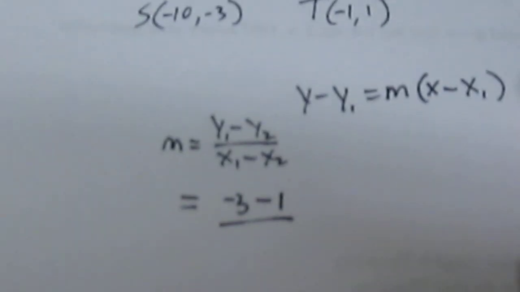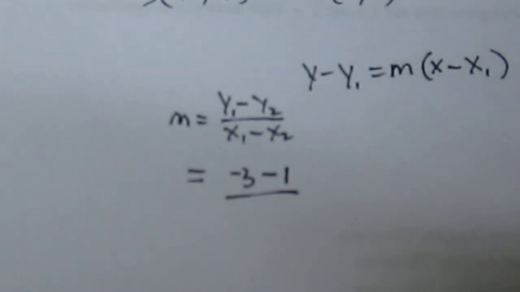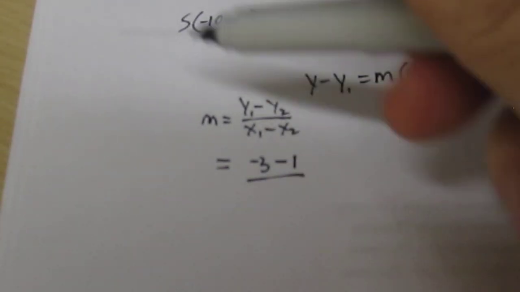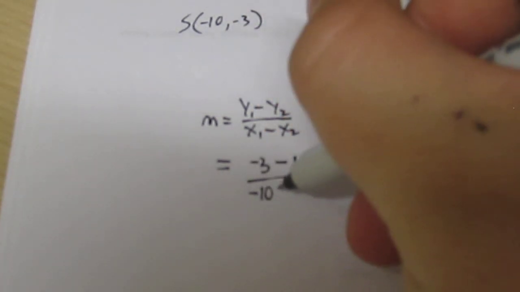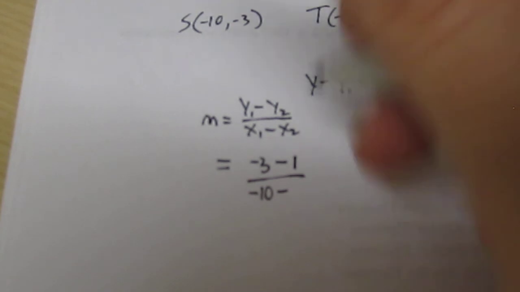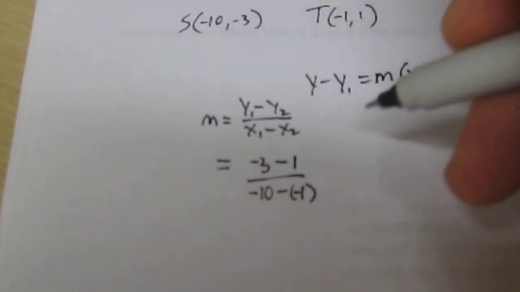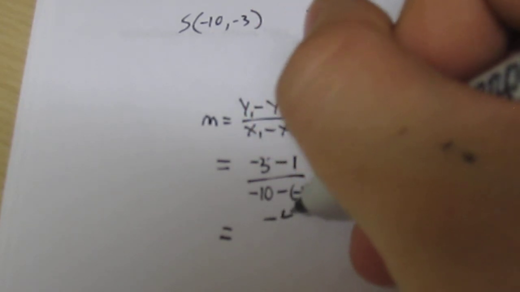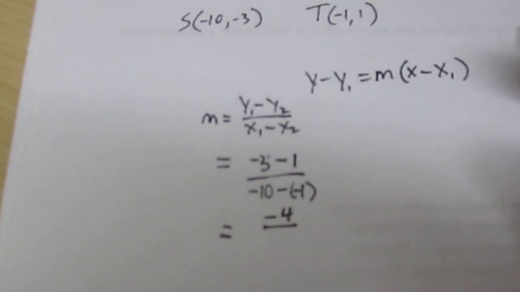Okay, so y1 is equal to negative 3, minus y2, which is 1, divided by x1, which is negative 10, minus x2, which is negative 1. Okay. So what happens here? Negative 3 minus 1 is negative 4, divided by